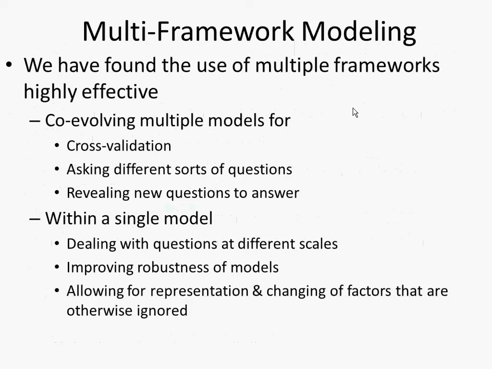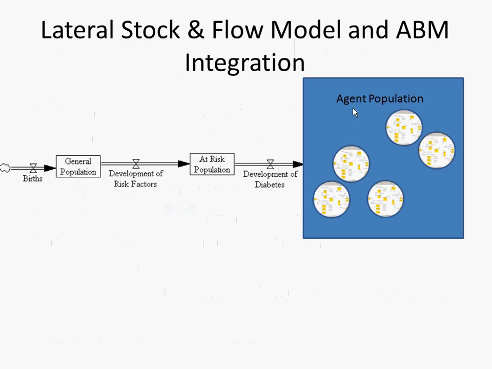That may involve co-evolving multiple models alongside each other within a single model. And within a single model, I'll throw out examples of things. Some of these are illustrated by actual models that are in Moodle right now. Others are in the hybrid modeling section, hybrid example models. Others are ones which we've worked with or we're working on right now. And if anyone's interested, I could share. But here's an example where you might want to model